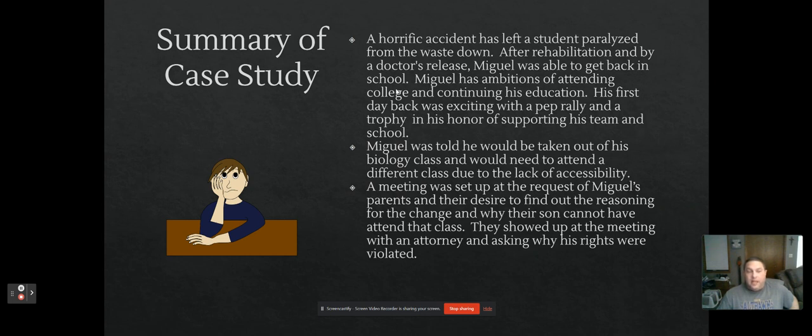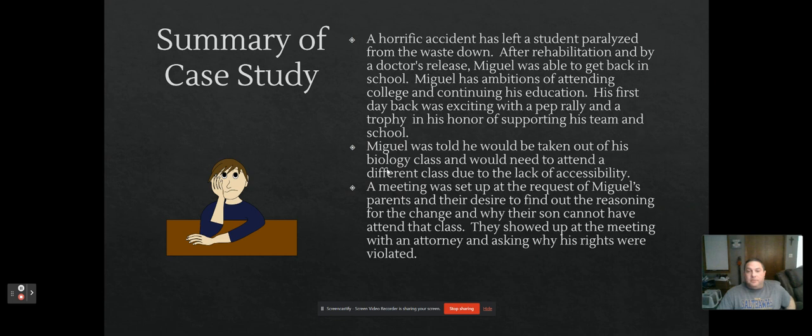They have kind of like a pep rally or a welcome back celebration, and the principal gives him a trophy in honor of him supporting his team and all the work that he has done. Later that day, about second hour, Miguel was told that he would be taken out of the biology class and that he would need to attend a different class. Basically, that class would not count towards his college